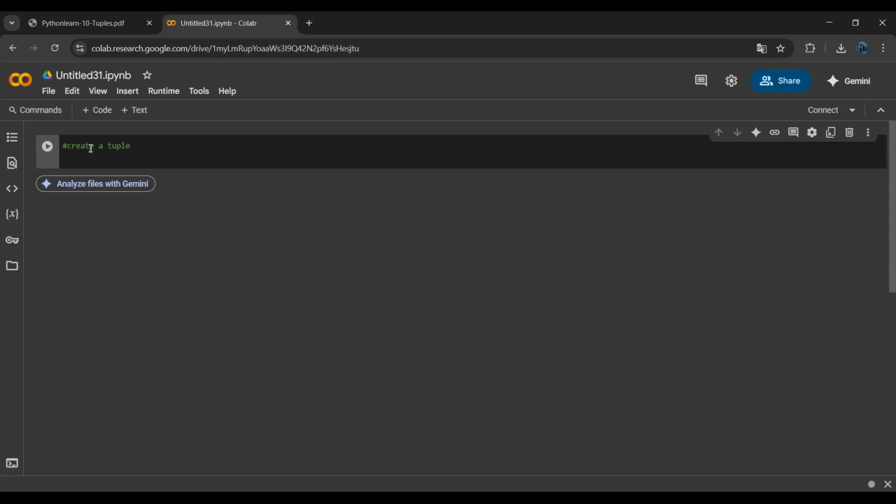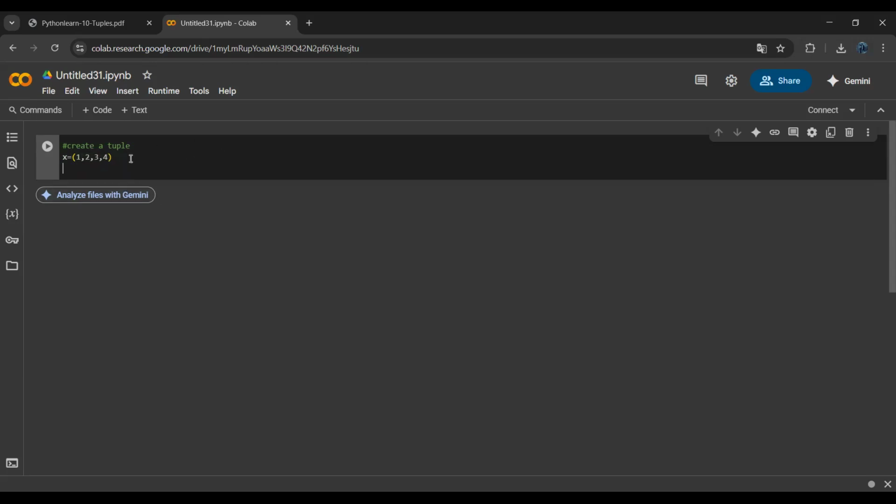In list we have seen the built-in method, using the list constructor to create a list. Here also we will create a tuple. We mention some data items inside the parentheses. The parentheses indicate the tuple elements. Suppose x equal to, using the parentheses, we create a tuple like 1, 2, 3, 4. Now see, print